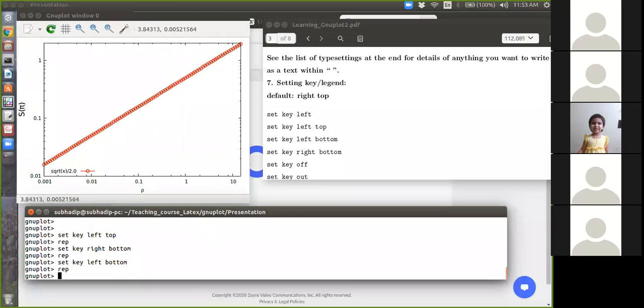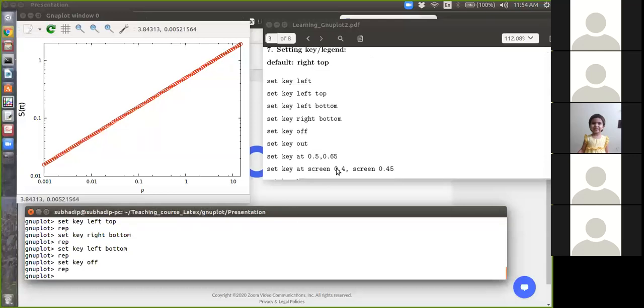If you don't want any key, because you want to describe your plot in the caption, then you should set key off. Replot, and no key is there.